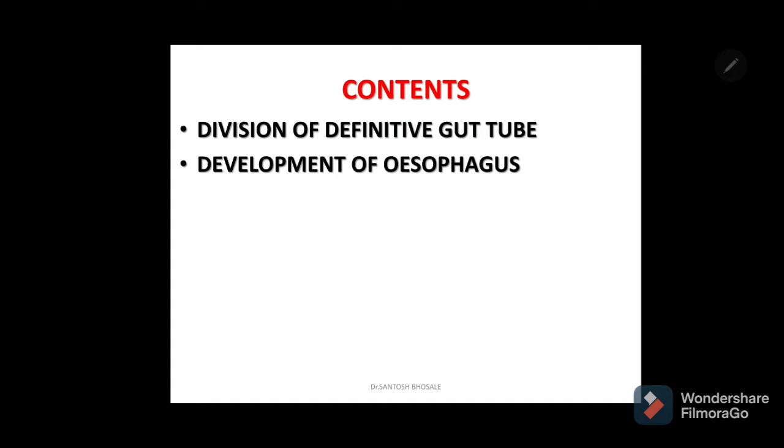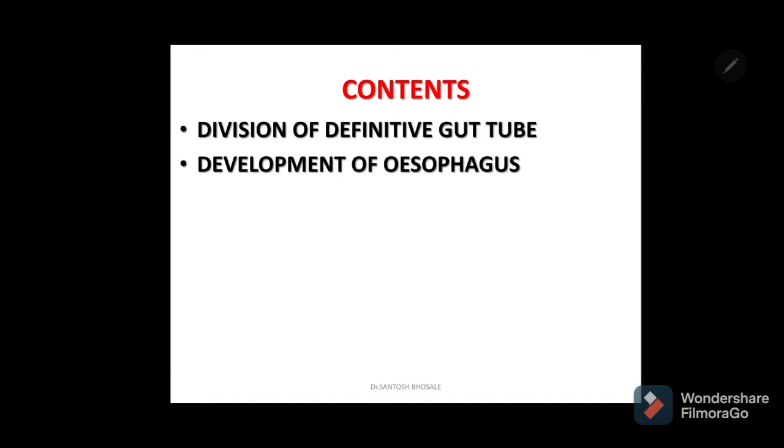If you go to my channel, in the previous video we discussed the introduction to the development of the GI tract: how it happens, from which germ layer it develops, what the contribution of each germ layer is to the layers of the gastrointestinal tract, how folding forms, why folding is there, what the timing of folding of the embryo is, what the purpose of folding is, and how folding results in different changes in the cylindrical embryo.